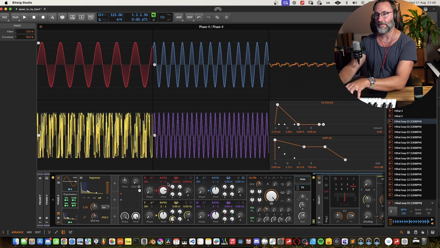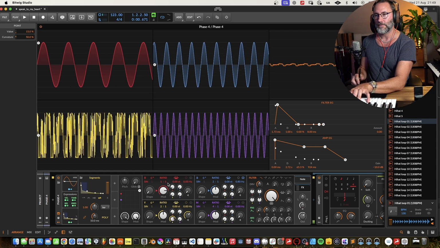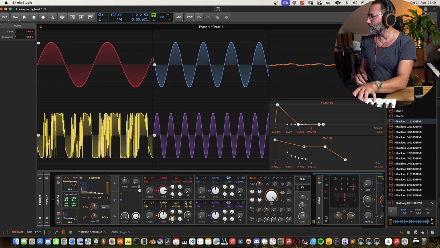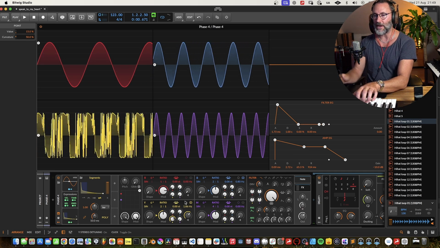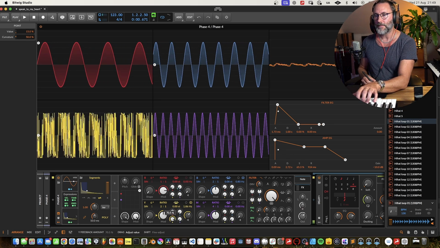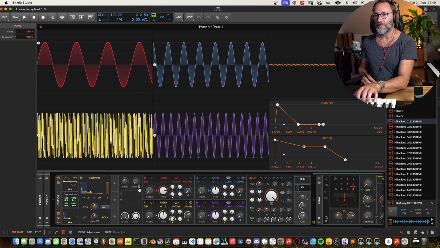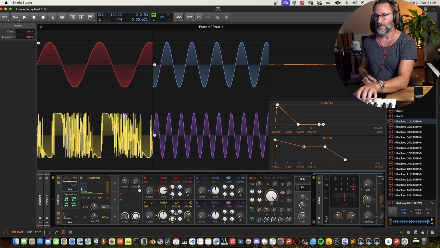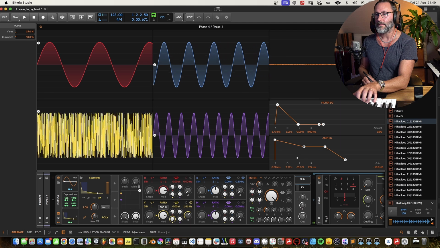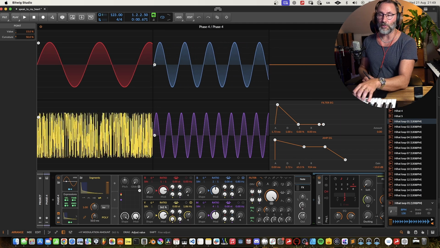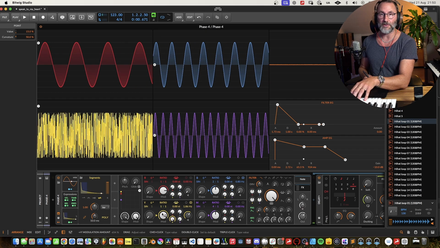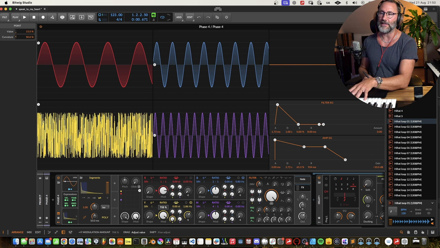Hear that? So, a totally different type of sound. And then if we increase the modulation depth, or the modulation amount, we're also going to get almost pure noise in the end.